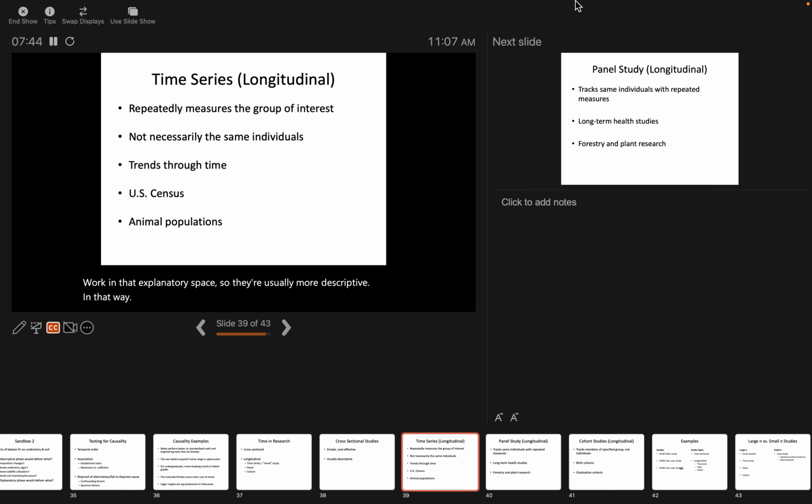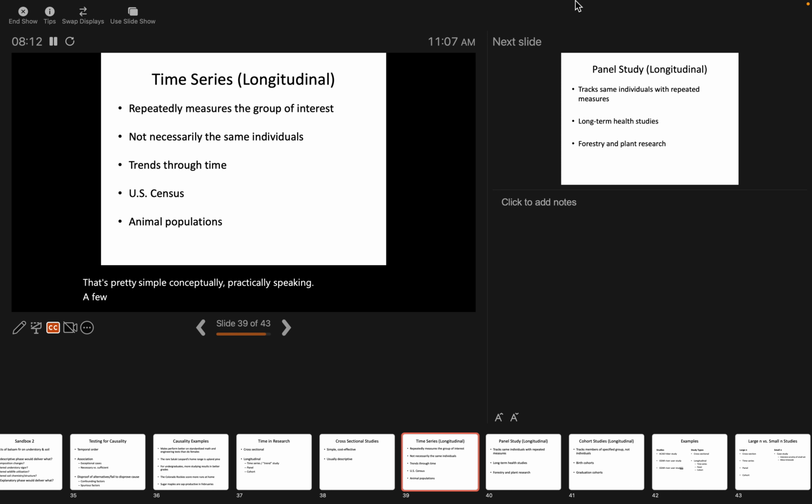The opposite end of the opportunity space is the time series or longitudinal study. So time series can be as simple, so to speak, conceptually, as a repeated measures study. So a series of cross sections and just adding time in as a variable. That's pretty simple conceptually. Practically speaking,